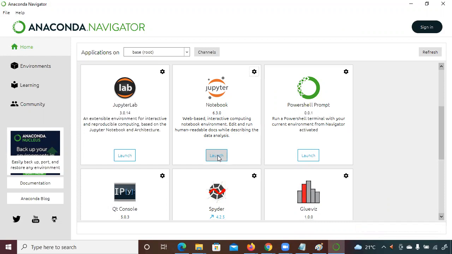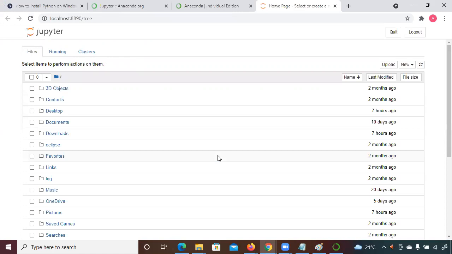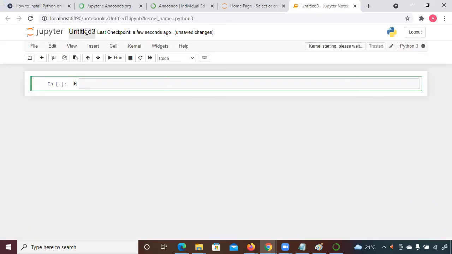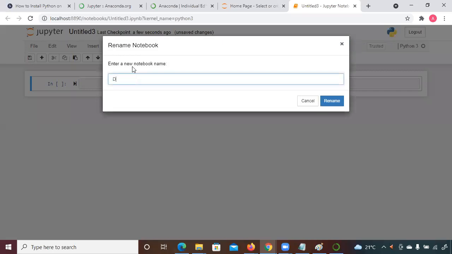For a few days, we're going to work on Python, the Pandas library, NumPy, Matplotlib, and then I will switch to the database and all. Once you get this Jupyter environment, click on New and select Python 3, which is the latest version, and it will come like this. And now we're going to give a name.